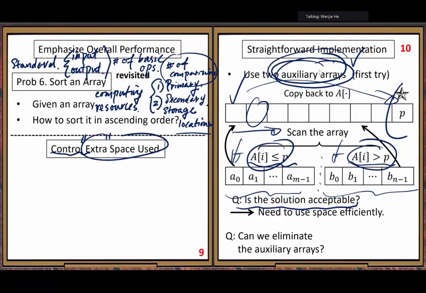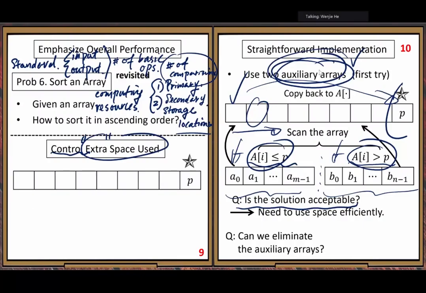But other than input-output data, you still need to use a little more space to store some temporary, intermediate data. So that part we need to control. Do not use too much extra space. All right?